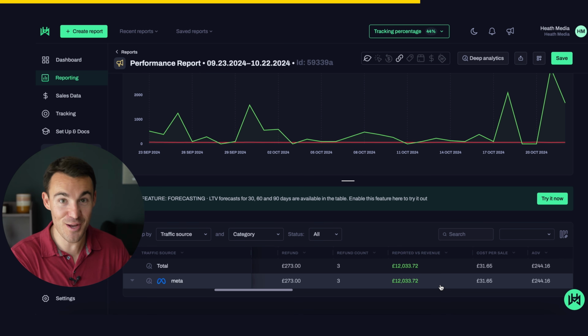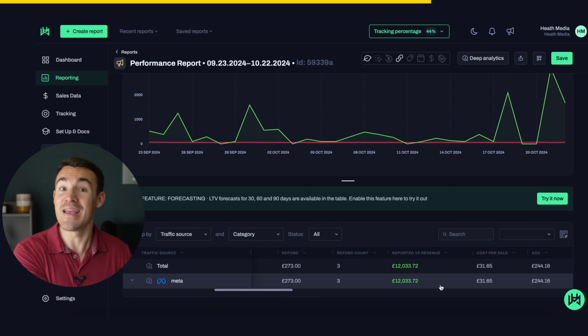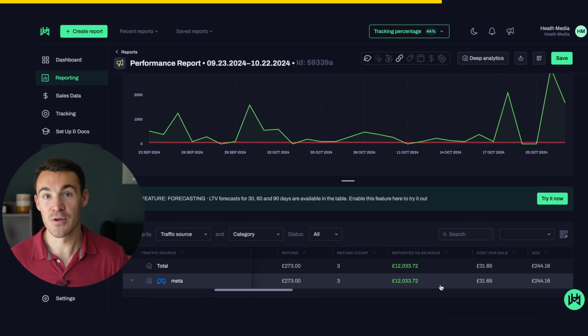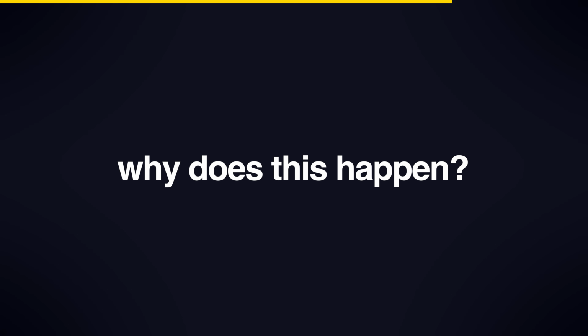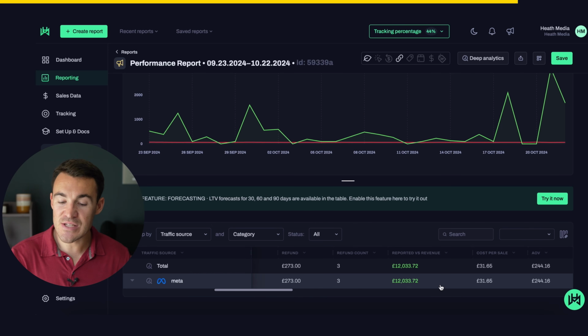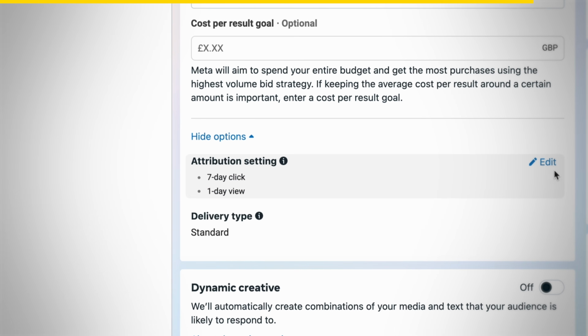That is a much lower ROAS number than the actual £15,000 of revenue that was generated. For a number of years now, Meta's ad tracking capabilities have not been as accurate as they once were because all sorts of privacy regulations have come into effect, and it's only heading that way. It's only becoming more and more difficult to get accurate data and track our results as we need to be able to do. This is a relatively extreme case, and the reason why is because Meta has a 7-day maximum